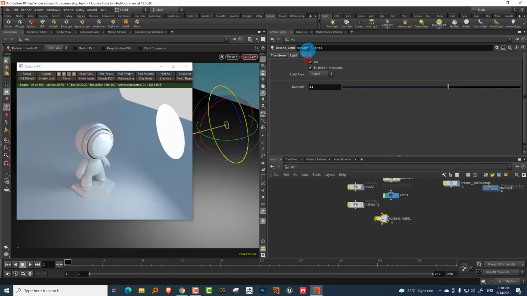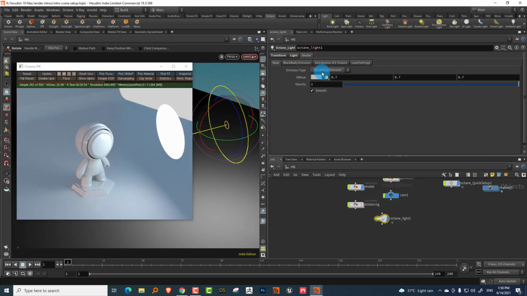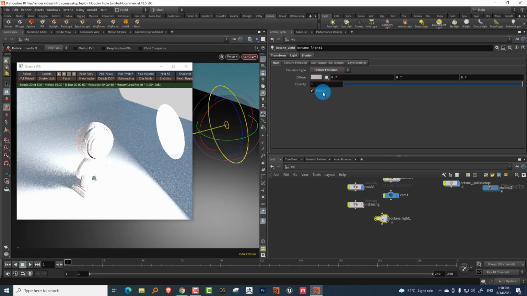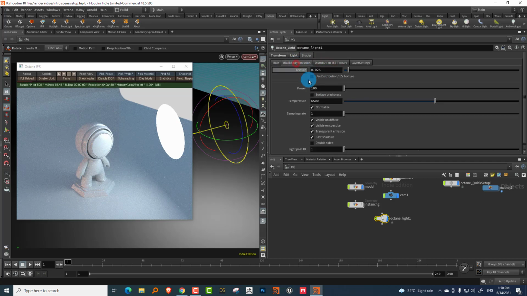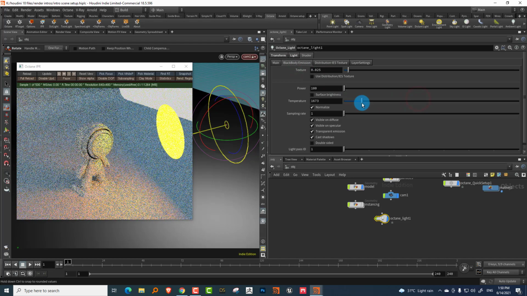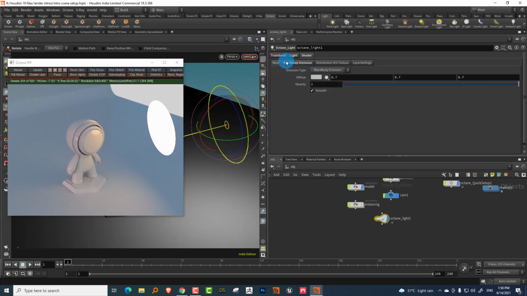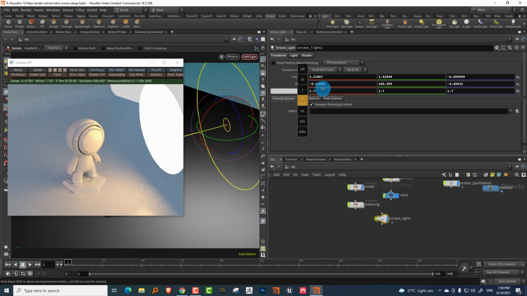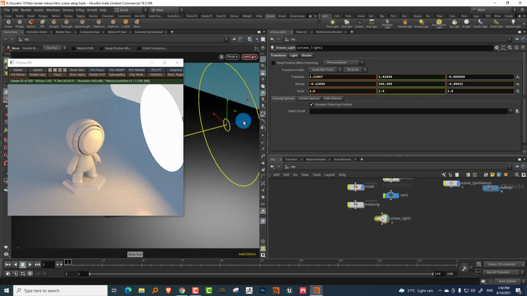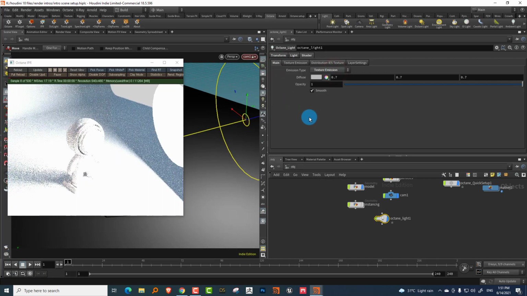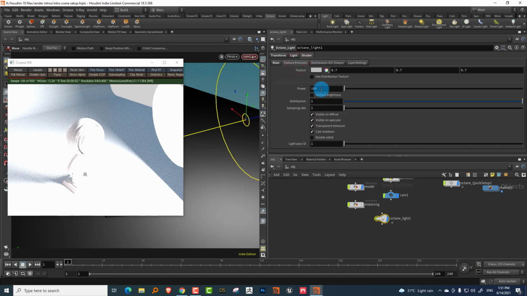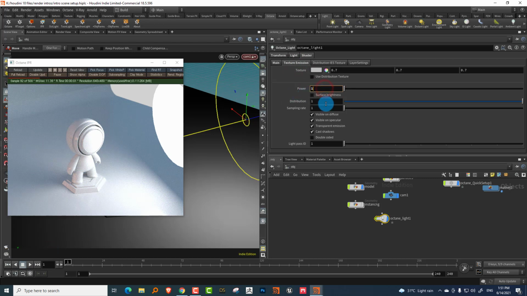Then if you come to shader, you have basic options. You can have it black body or you can have a texture. In black body, you can define the temperature of it, and we can lower the emission amount. You can also scale it up. If you come into transform and want to adjust the size of it, you can just scale it up. Texture emission generally gets a little too bright, so we can probably bring it down to just about 5, which should be okay. Actually, I think 1 should be okay.